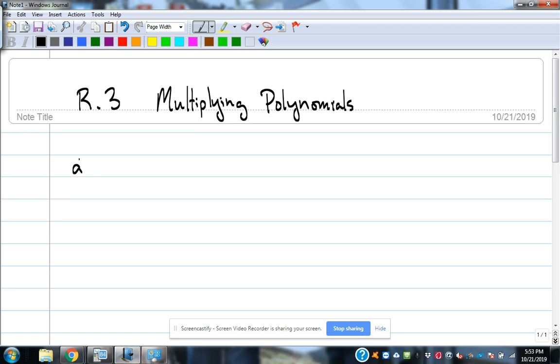So this is a pretty straightforward section here. It says multiplying polynomials. That's what we're doing. Polynomials just means it's got more than one place where there's an x in it, and we're multiplying them together. What property is that? It's just the distributive property. It's the same old distributive property we've been doing for years. It's nothing different. We're just calling it multiplying